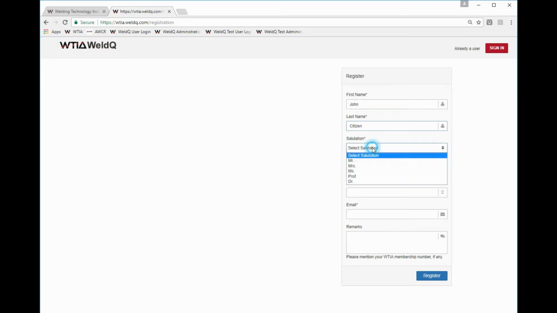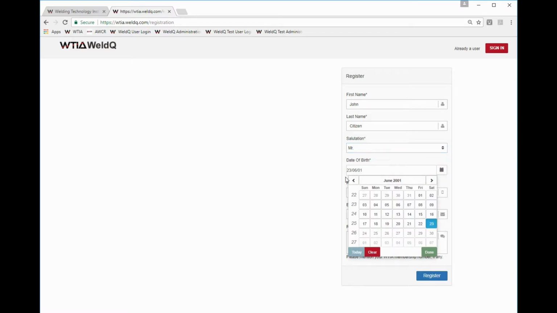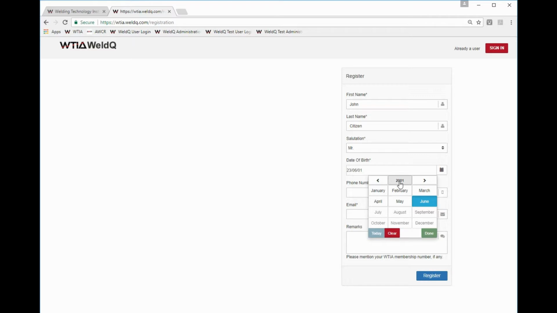Select your title from a drop-down list. Now with date of birth, you have two options to enter your date of birth. Simply overtype the information which is shown there in the day, month, year format, which is the simplest way. Or alternatively, on the right, click on the little icon, and this will bring up a calendar tool shown here. To quickly move to the year of birth, just click on the year shown, and then click again, and that will bring up a whole series of years. And you can scroll up and down to the